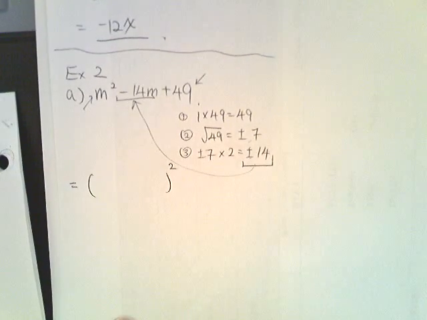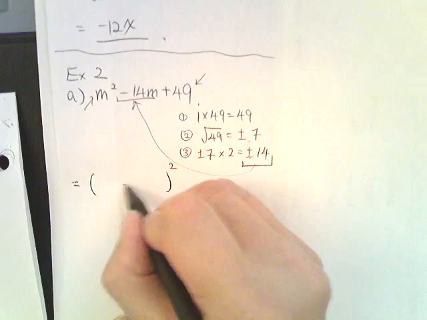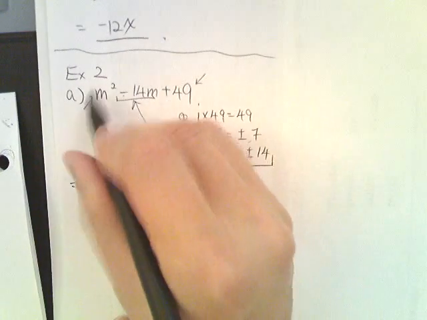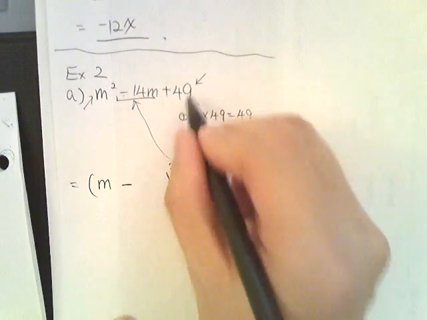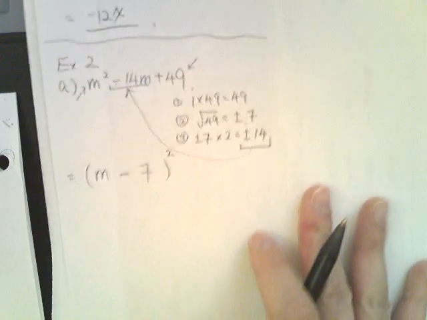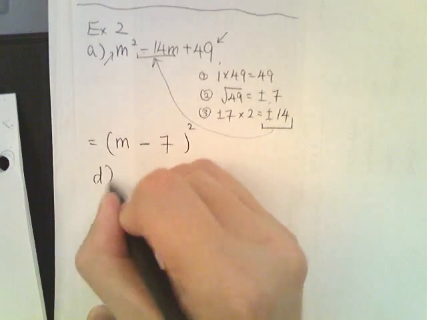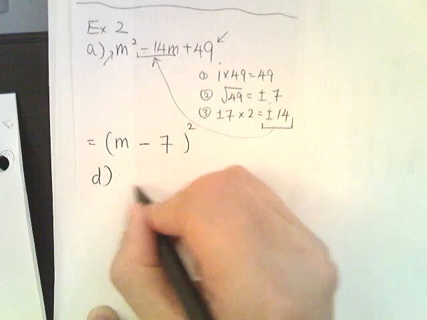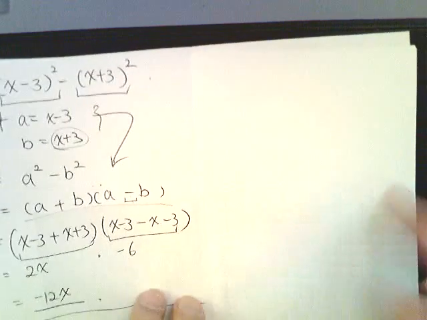Then just put the square here. Follow the sign in the middle, which is negative. Take a square root of the first term, which is m, and 49, which is 7. Okay? You should be able to do this with B and C. So I'm going to skip to D. Now D, actually I'm going to do it on a different side. So I have D. Let me just organize the paper. Okay. So I have D